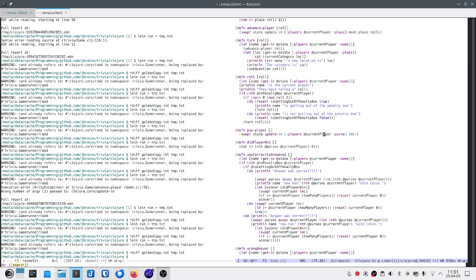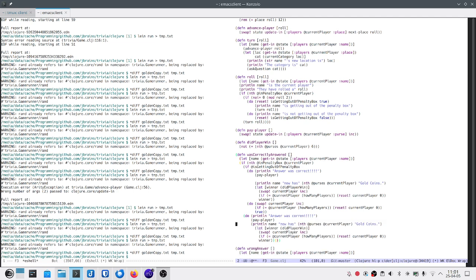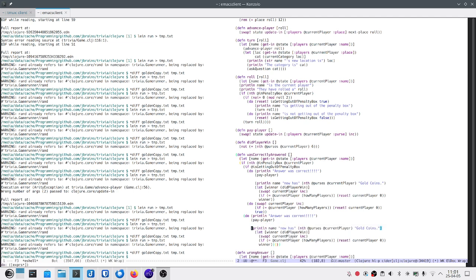Okay, good. Well, let's do these refactorings at the same time then. At one point we have to pay player here. That's that line. And the same thing is here. That's that line. Then we have to print out how much money they now have.